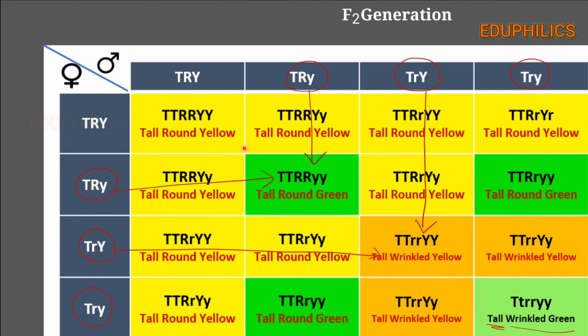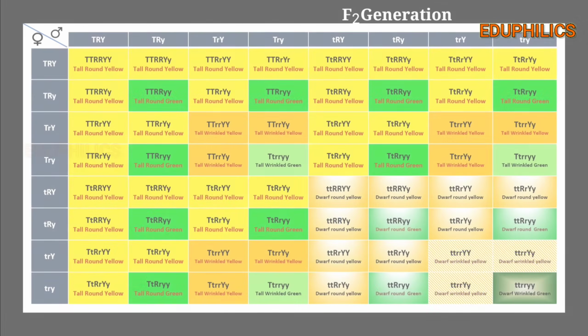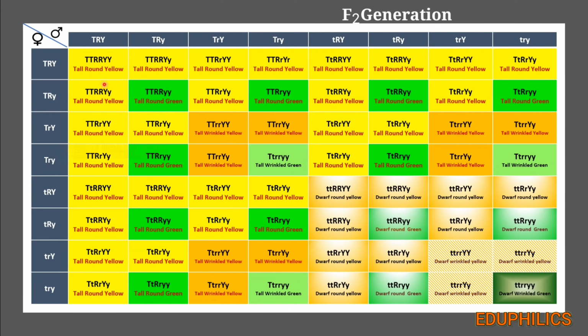So this Punnett square shows the possible fusion of these gametes. And the phenotypes we are writing here are the possible phenotypes of offspring formed in F2 generation. By counting them, we can tell the phenotypic ratio and the genotypic ratio. Let's zoom out. Here I changed the color slightly so that you can find the difference of phenotypes. Observe a nice pattern here, tall round yellows. These are all tall round yellow plants.